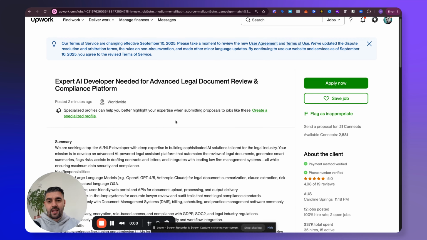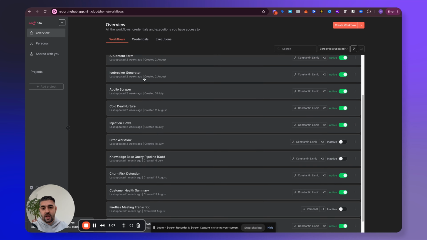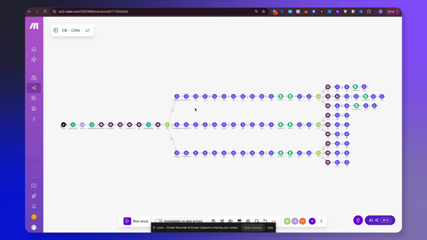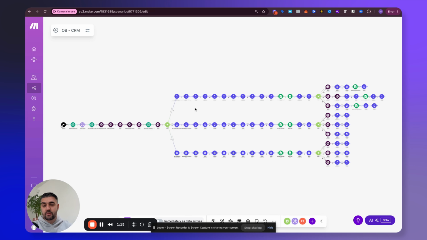Here are some examples of complex flows that use custom nodes, which are definitely going to be required in the legal space for you. This is something which is going to be of paramount importance, and I think that this is why I wanted to showcase this to you. If I went back into the overview for this client, you can see that I've built so many injection flows, Apollo scraping for leads, churn risk detection, customer health summaries, etc. Full onboarding systems in Make.com. This was pre-Make.com's code node, so it probably could do with a little bit of updating, but that is a really comprehensive onboarding flow.